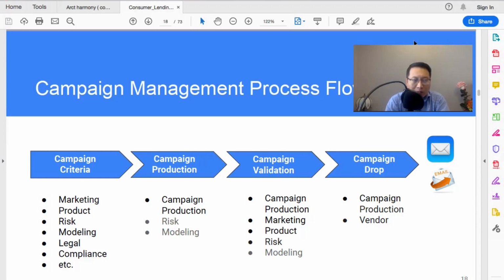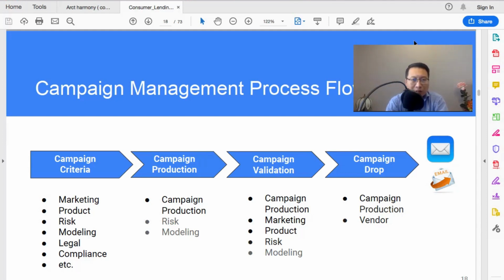They need to be involved. Then you have legal and compliance. They need to be involved for sure to make sure that all the campaign design is fully compliant with regulation and the legal terms. Okay, so here are the main stakeholders.